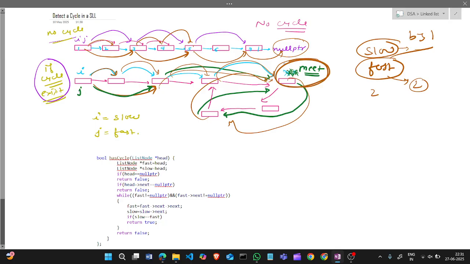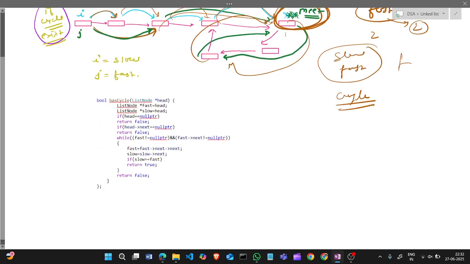If the slow and fast meet at some point of time, we can say that there is a cycle in the linked list. Otherwise, if the fast one meets the null pointer, then there is no cycle. So with this concept we will find the cycle.